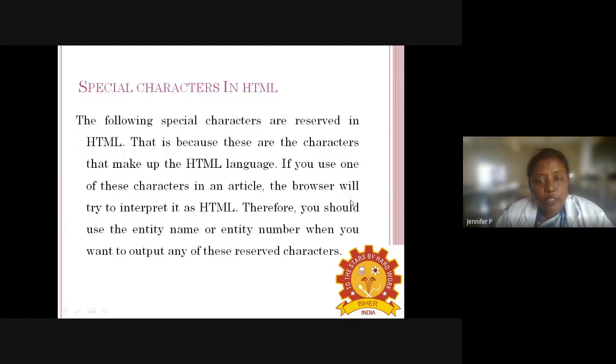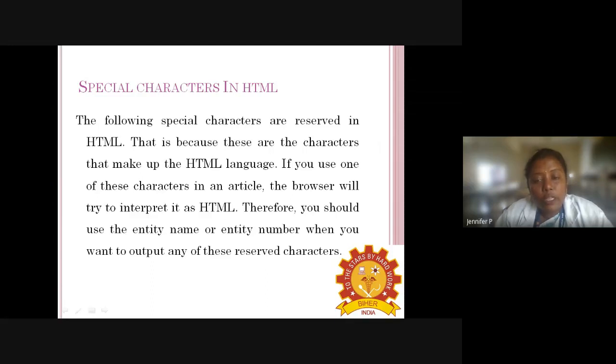And next we have the special characters in HTML. So what are these special characters actually? In HTML, special characters are typically those that can't be easily typed into a keyboard or may cause display issues if typed or pasted into a web page. If you plan to use any of the special characters on this page, you should use either the HTML entity name or the HTML entity number. This will ensure that it displays correctly in almost all web browsers.